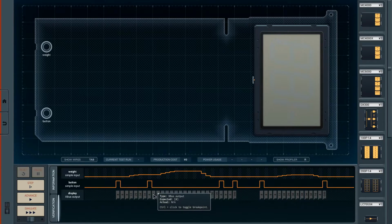Okay. So this is when it gets zeroed. So it needs to get zeroed at 34. So you see right here, it's 51. So 51 minus 34, I guess, is 17. 64 minus 34 is 30. So that's where it gets zeroed. And here it gets zeroed back to 0. And then,